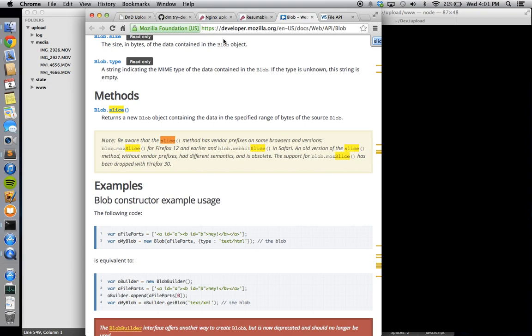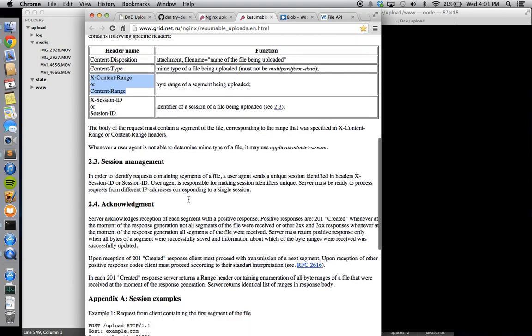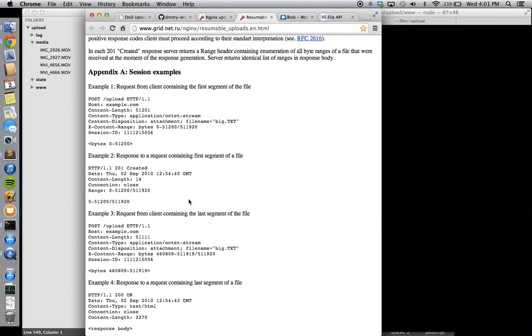So I spent a good 2 or 3 days initially exhausting my efforts with the protocol specification. They give you some light examples of how the headers are supposed to be structured, but there were just some little specifics missing from this page that you literally couldn't find anywhere on the internet, because no one had